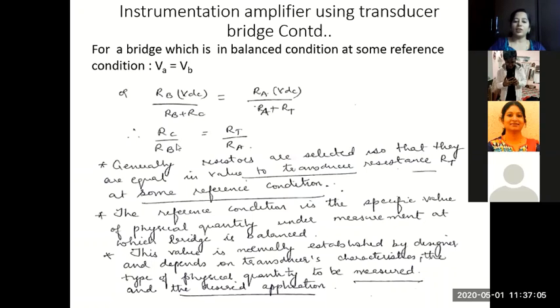We got this condition. Now, generally, the resistors are selected so that they are equal in value to the transducer resistance RT. I told you that. So usually what we'll do is select RA, RB, RC all equal to RT, say at a fixed temperature of